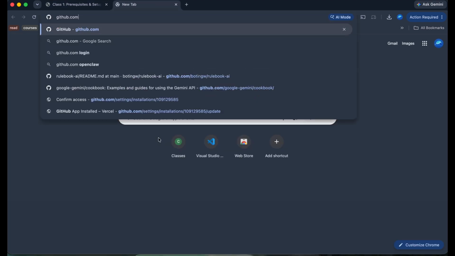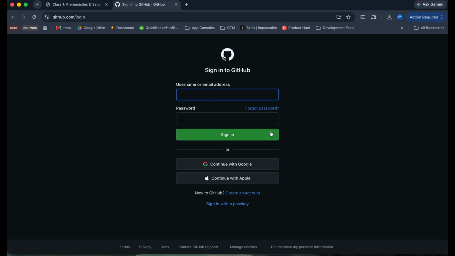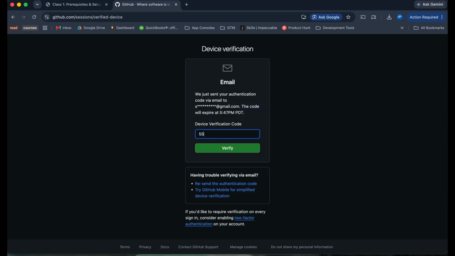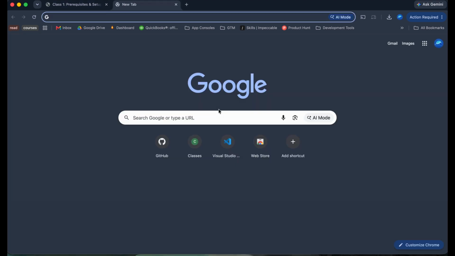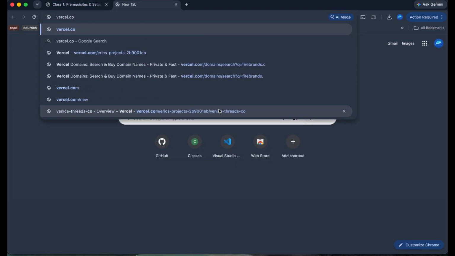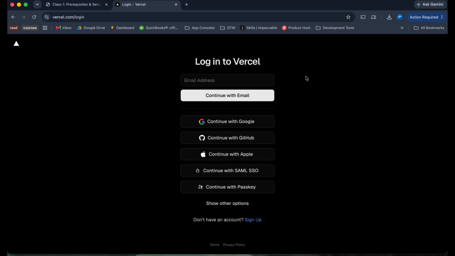First thing is with GitHub, you're going to sign up with an account. I already have an account, so I'll sign in. So that one's covered, and then we have to get into Vercel as well. So let's log in here, and this is really important: Continue with GitHub is how you want to log in with Vercel.